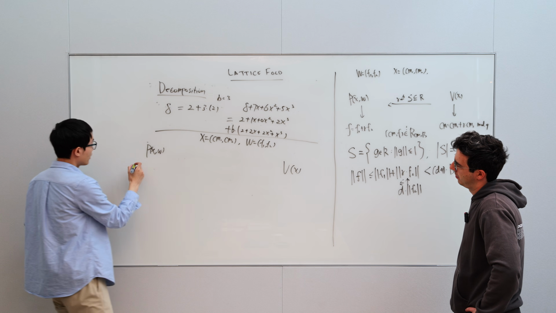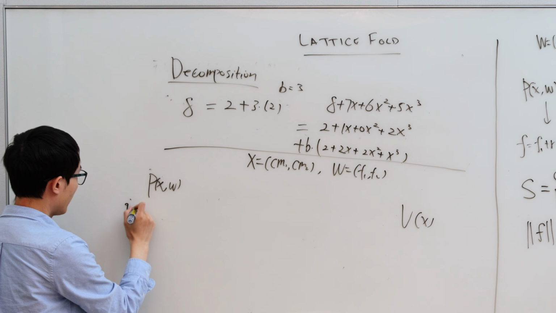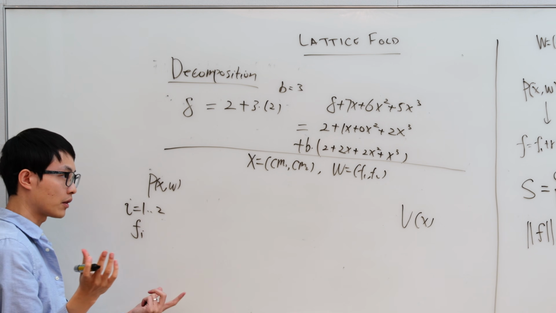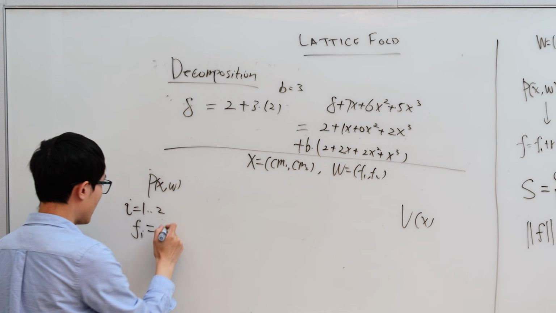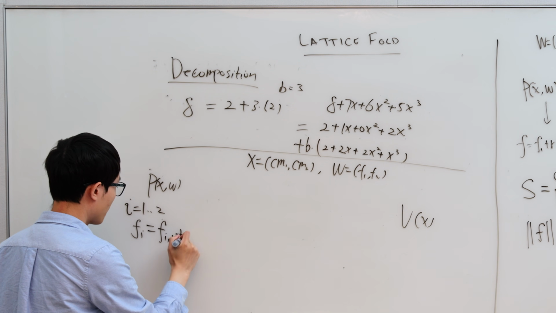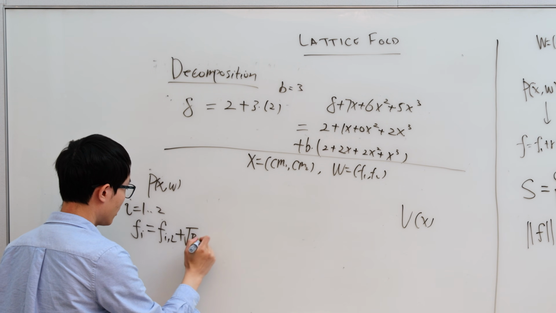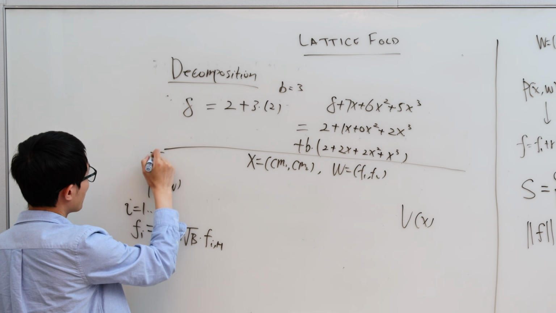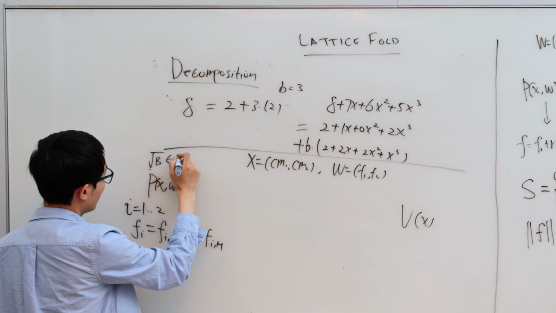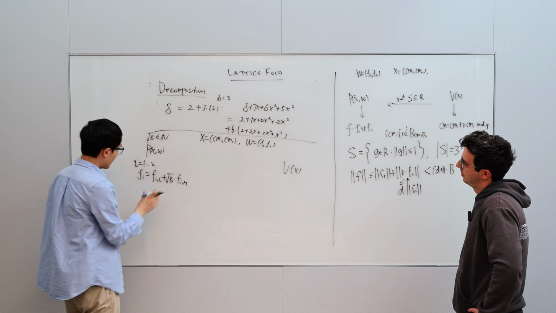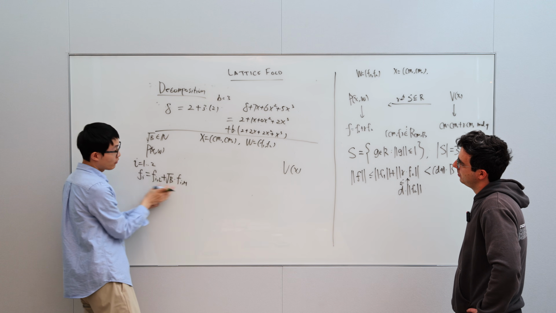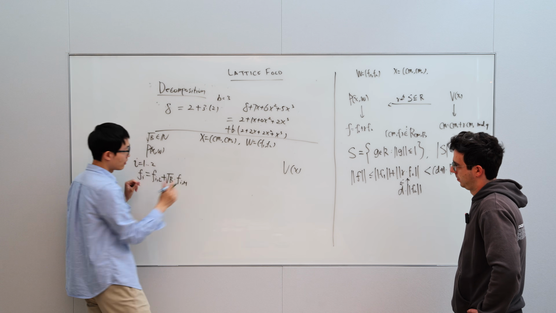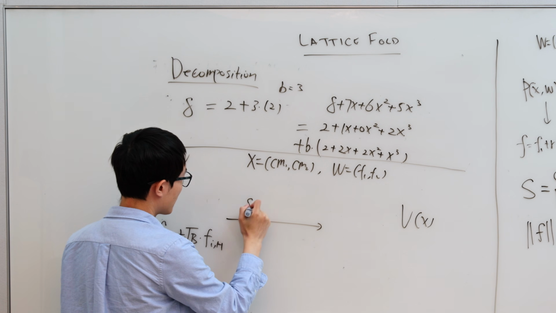It decomposes each Fi, for i equals 1, 2, into 2 vectors such that Fi equals FiL plus square root B times FiH, where we assume square root B is an integer. After that, you commit to these decomposed vectors, so you have 4 commitments now, and you send these 4 commitments